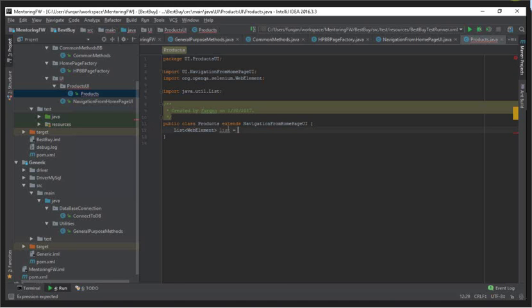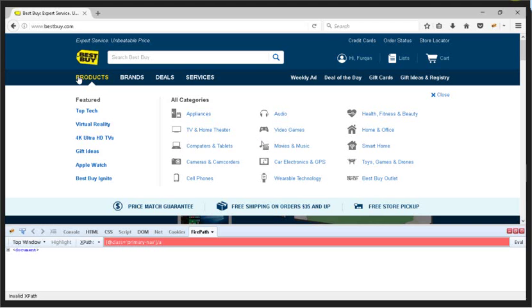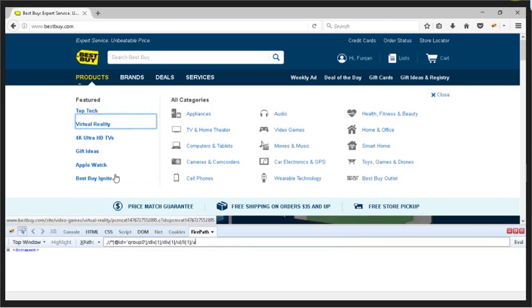Okay, so list web element list. So I'm sorry, I confused you. Okay, so let's go back here and